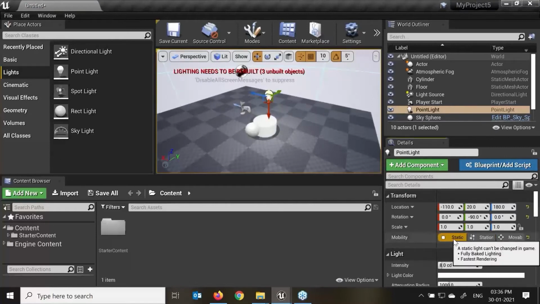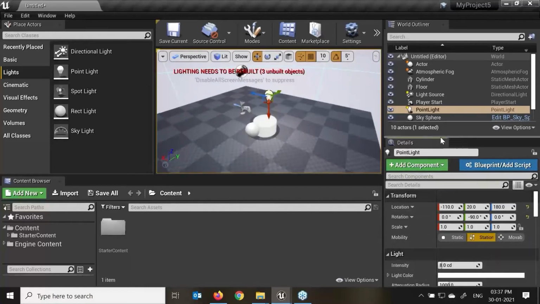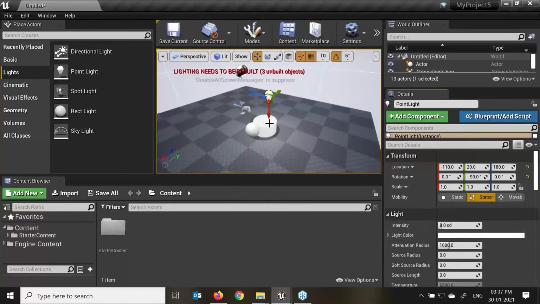Stationary light means what? My object will be, it's not moving. The shadow and the light intensity will be the same. It is very useful when we have the static object and the light affecting that particular area where there is no movement. That time we will use the static light. When we talk about the stationary light, stationary light will consume a little bit more RAM in comparison to the static light. Static light means whatever effects we are doing in the intensity and color, then only it's effectable, right?